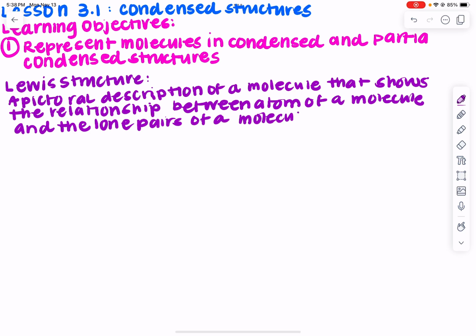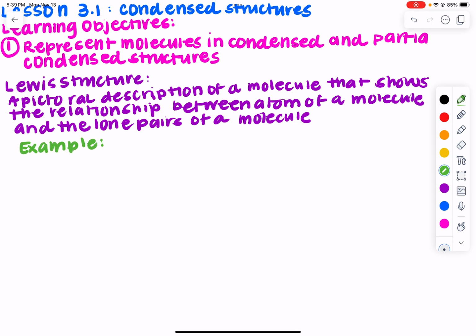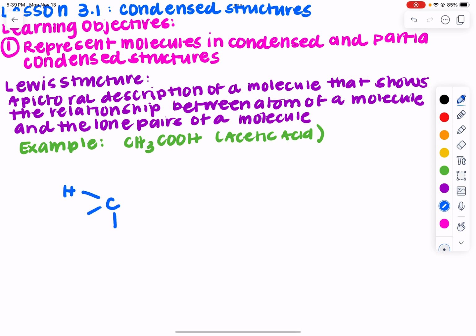And again, Lewis structures can be really big, they can be really small, but an example I'm going to give of this, and again, I'm doing this because we're gonna simplify these Lewis structures a little bit, is CH3COOH, which is acetic acid. And the Lewis structure looks something like this, or this is how we've been trained to kind of think about the Lewis structure. Each of these is in octet, 2 lone pairs on that oxygen. This is how we've kind of been trained to draw and picture